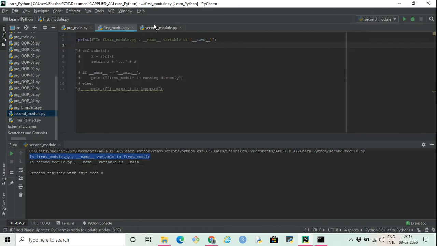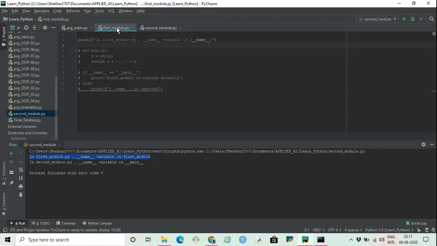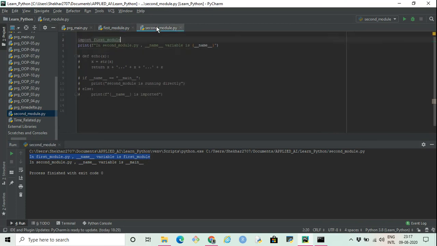What I'm trying to say is that if we are importing a particular Python module, then the value of __name__ is set to the name of the module which we are importing. So in the second module, when we were importing the first module, it went to the first module, executed the code, and printed the value of dunder name, which turned out to be the first module name itself. Going further, it printed the value of dunder name in the second module itself, which is __main__.